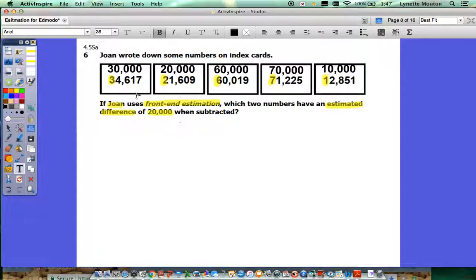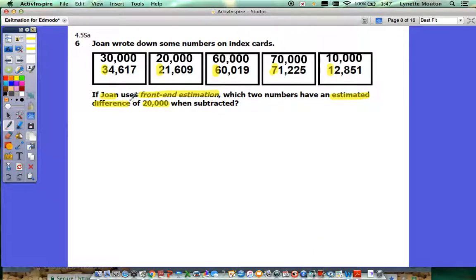And again, we said this is really easy. They're all 5-digit numbers. So all we really have to do is look at that first digit. So would it be 30 minus 20? Again, looking at the difference, so we have to subtract them. I'm not going to do each one down here just for the sake of time, but we could do the first one,